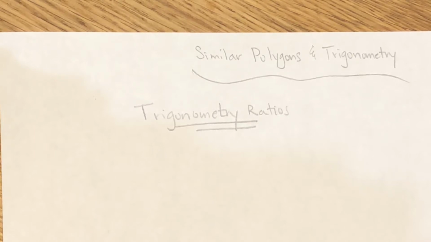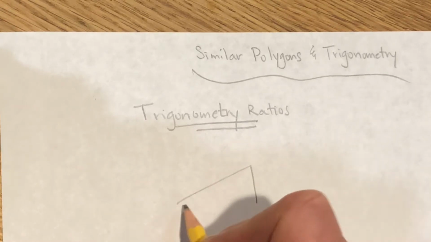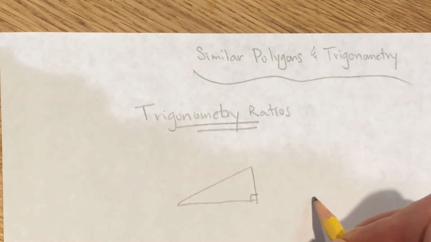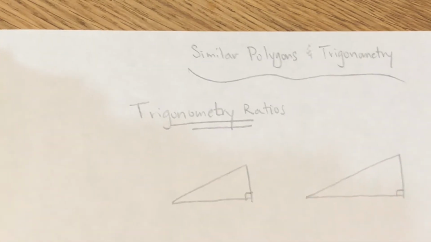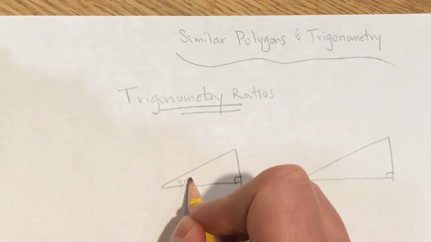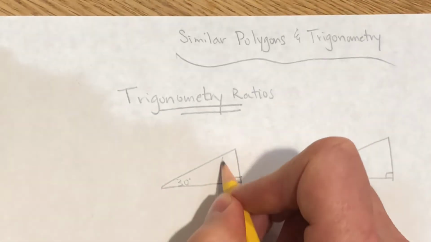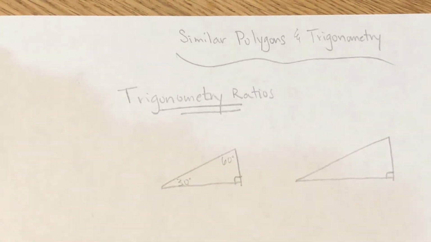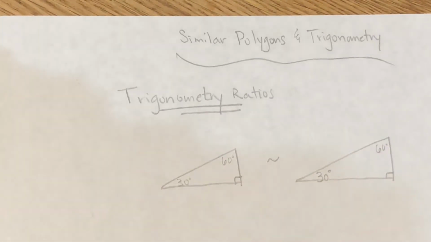So this really just builds off of what we've done recently with similar figures. For example, if I had two triangles that had corresponding angles that were congruent and side lengths that are in proportion, then we're going to have similar triangles. So for example, if this is a 30-degree angle, and we know the interior angles of a triangle have to add up to 180, so if this is 30, this is 90, then this one's got to be 60. Well, if we have a larger triangle, but it's similar to this one, also a 30, 60, 90 triangle, then what's going to be true is their side lengths are not going to be congruent, but they'll be in proportion with